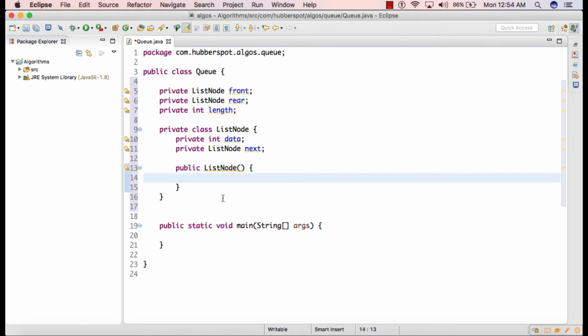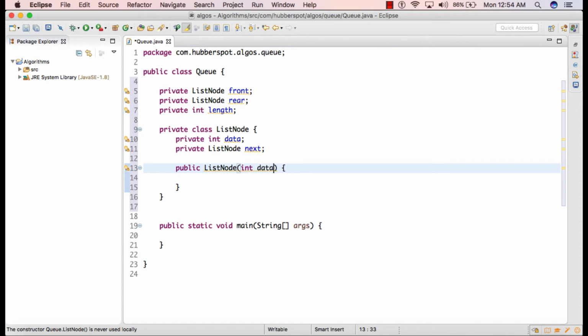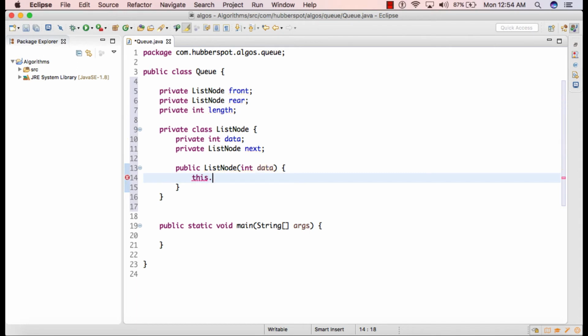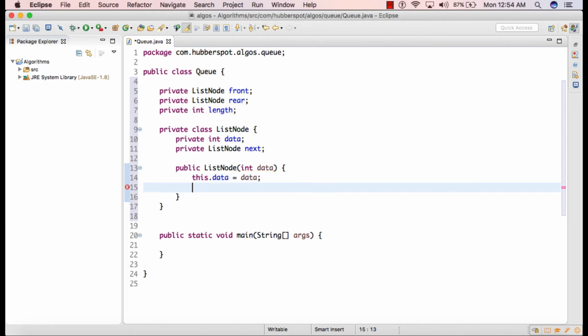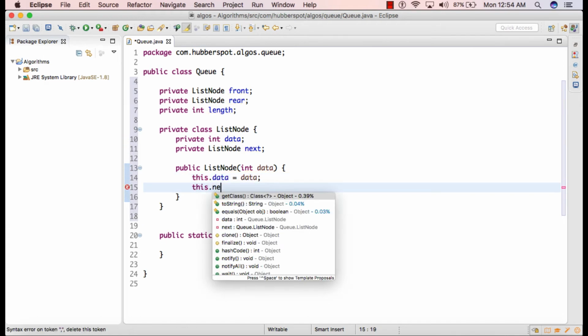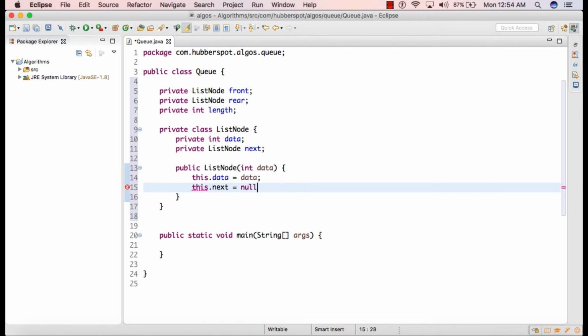Now this constructor will take in a data part, so int data, and we'll simply assign this data to this.data. And this.next will have a null value.